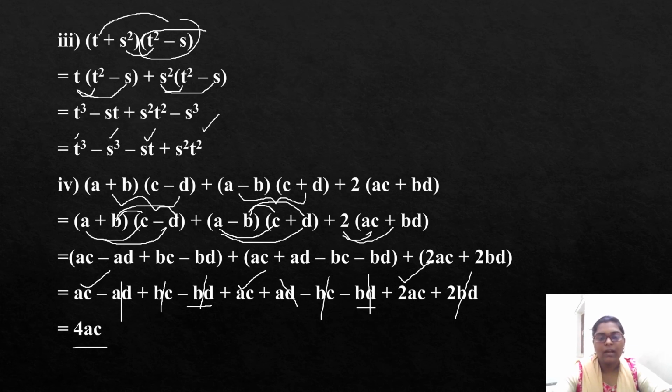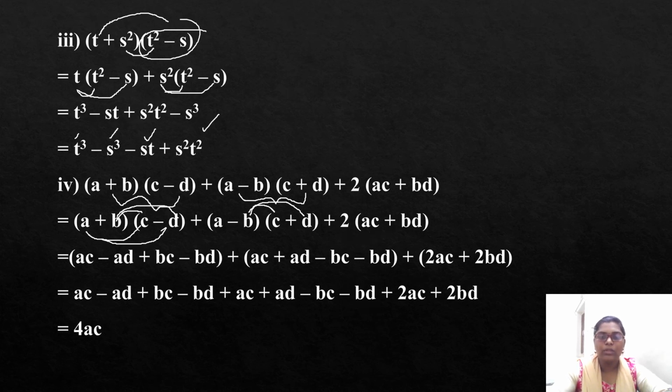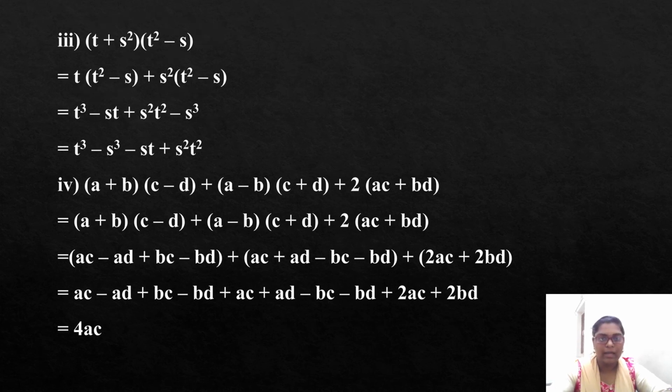Is it clear? The problem is looking this big. But there is nothing. Only one thing you have to do: you have to multiply properly. That is the only thing. But while seeing it, the problem looks big, it is not like that. So the problem is very easy. Only thing, multiply carefully. That is the only thing I will say. Multiply carefully. So here, next question we will go.